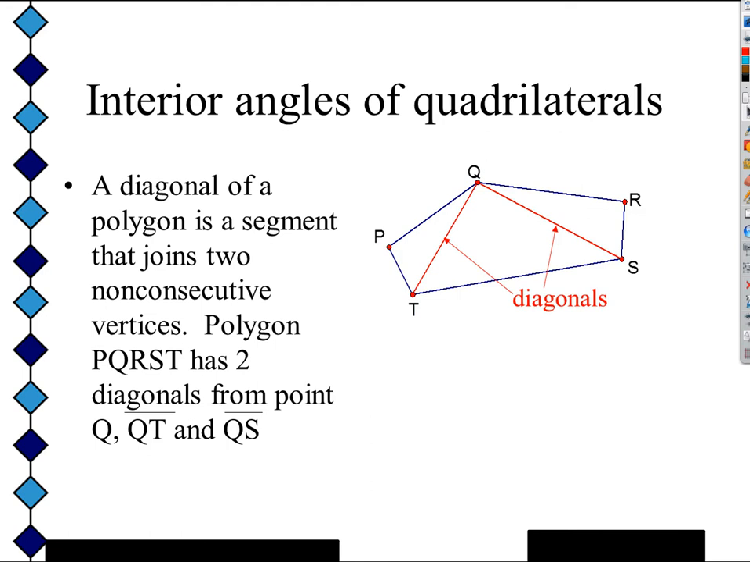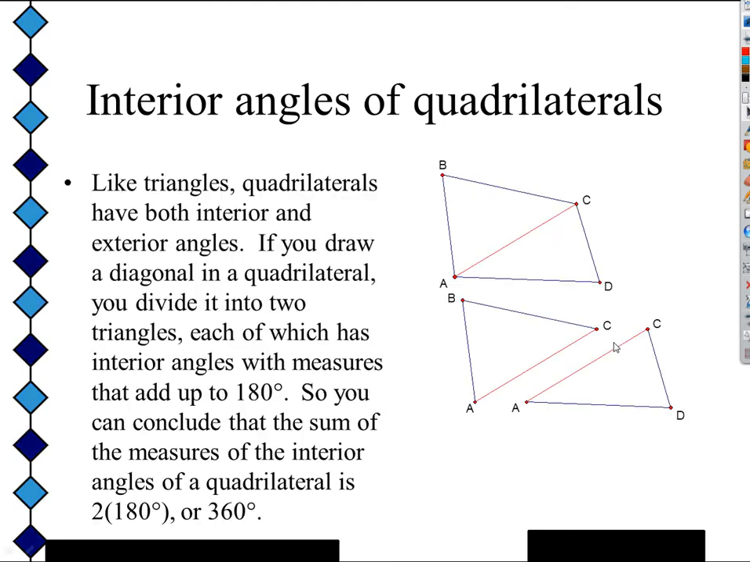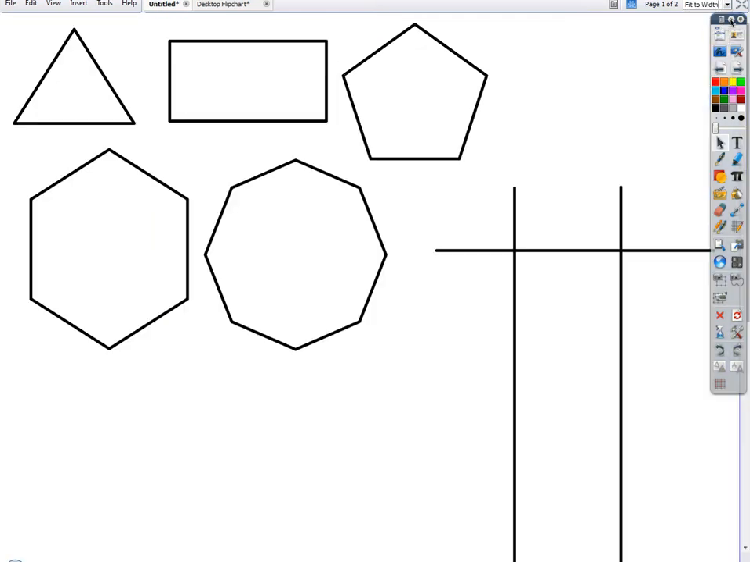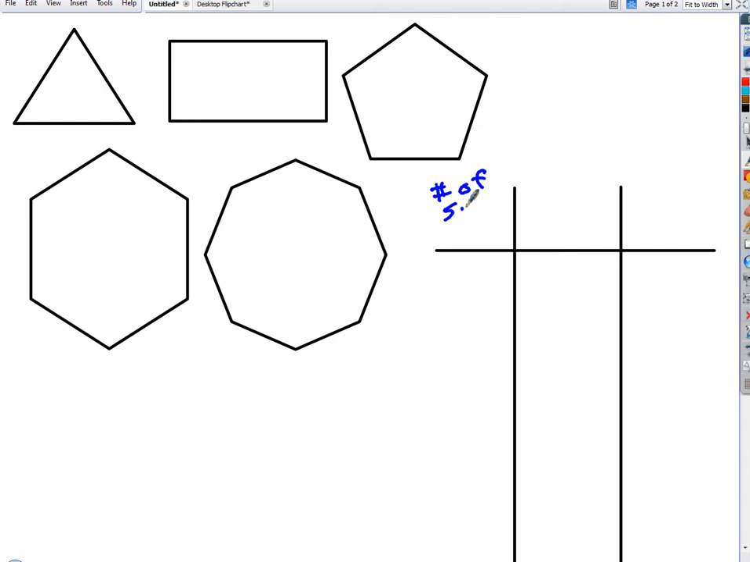So this has exactly two diagonals. Okay, what I want to do now is take a quick look at these shapes. I've got a sample of 5 different polygons here. Let's make a little table out of this. We're going to track the number of sides